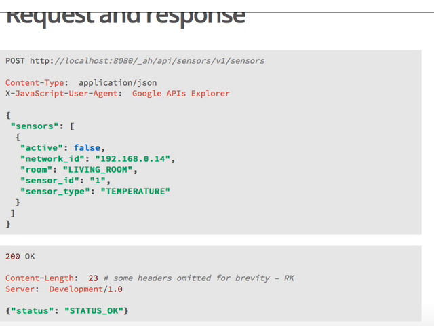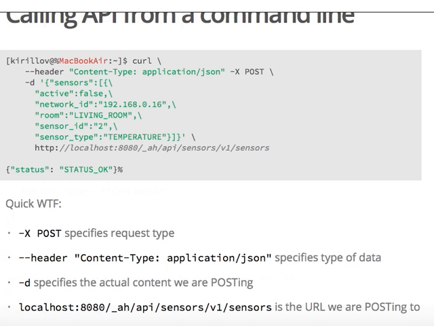But one more thing I wanted to point out here is, to use web APIs, you don't need API Explorers. You don't need fancy client libraries. In fact, you don't even need a browser. So here, I'll give you a small example of how you can do exactly the same thing from a command line using the standard CURL command.